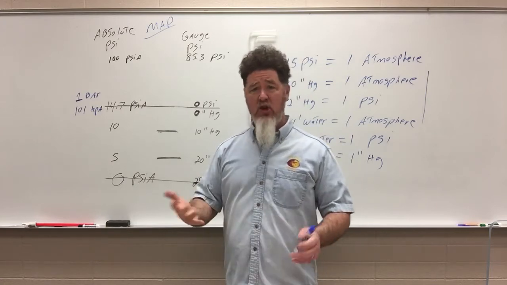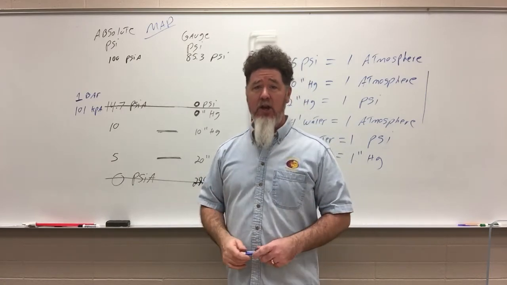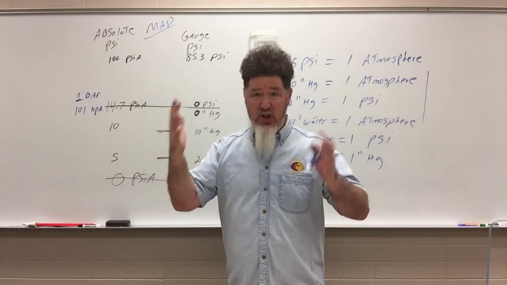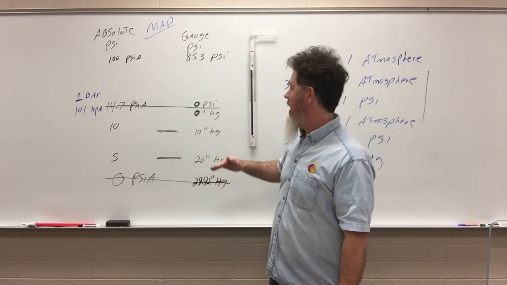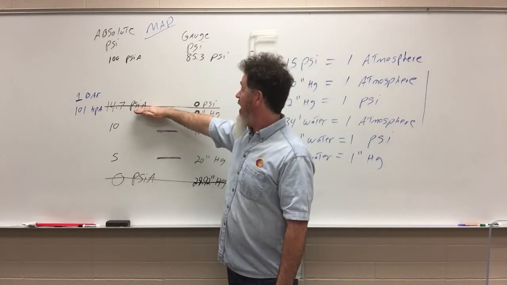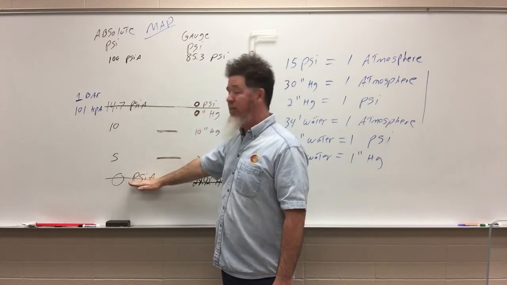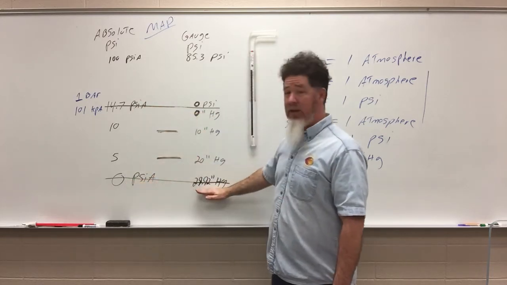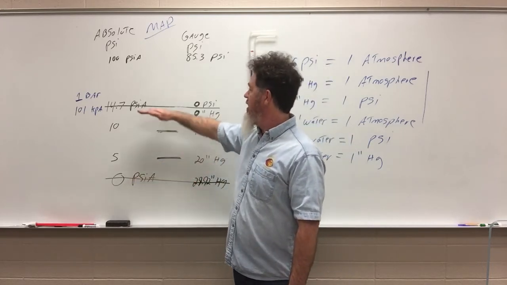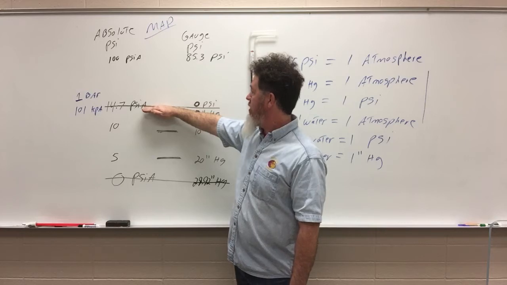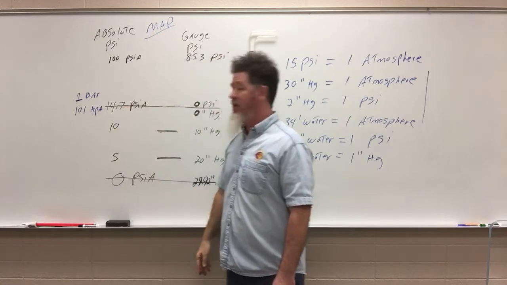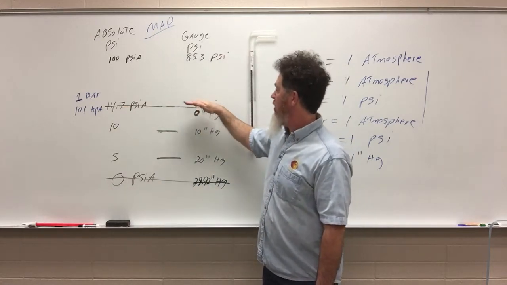And when you look at the way engines operate and make power, it's all about the air. It's all about how much air you can get in that engine. Basically, oxygen in the air is what we need in order to get the power out of it. So you have to realize that the PSIA gauge, the absolute gauge, starts at 0. At a perfect vacuum, 29.92 inches of mercury, it starts at 0. And at atmospheric pressure, it's 14.7 PSIA. I could call that 1 bar, or 101 kilopascals. That's 1 atmospheric pressure.